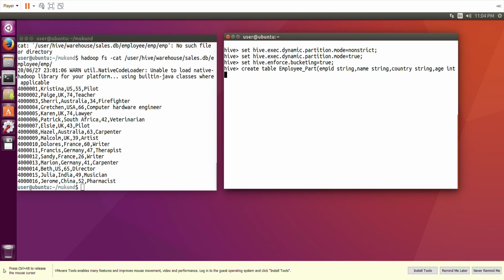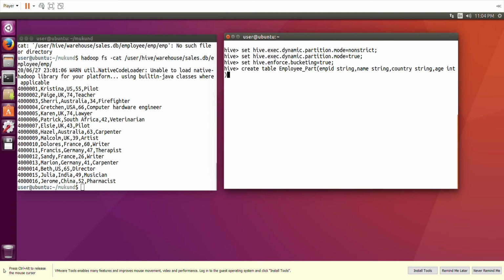Age is integer. So we have employee ID, we have name, we have country, and we have age. So this is complete. Now we have to do partition.